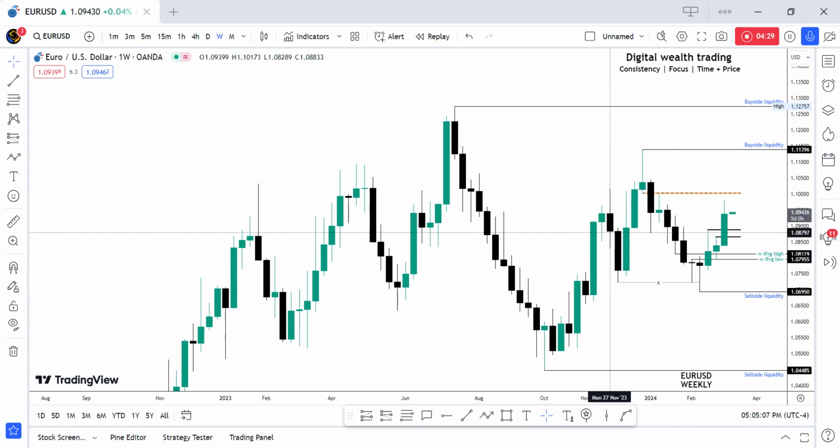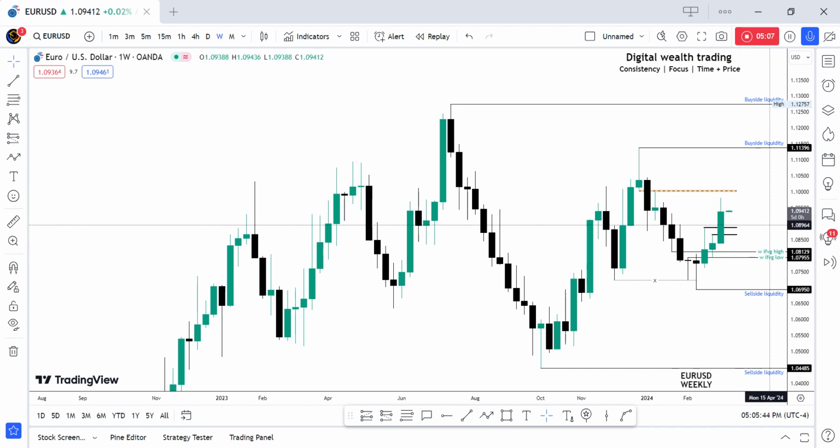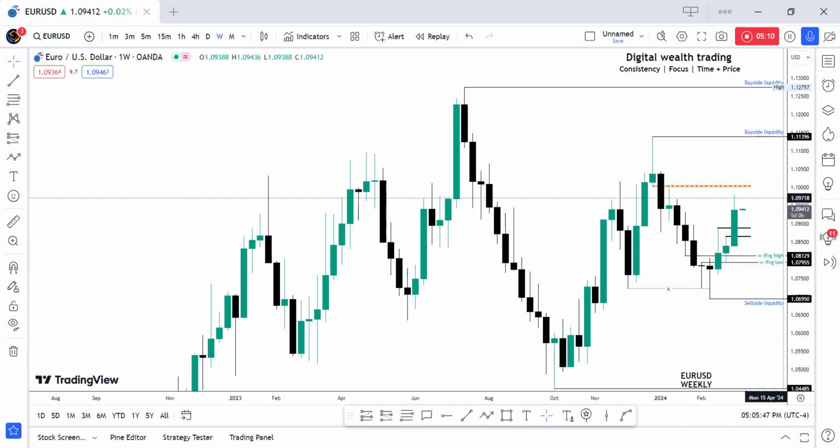What I'm trying to say is that this leg up is an impulsive leg up. This is a low, a higher high, a lower high, a higher high, a lower low. That is a sweep on liquidity that is going to lead us higher. So now that we already have these things in our hands and to our advantage, we can come to the conclusion that you definitely know that we are the traders, right?